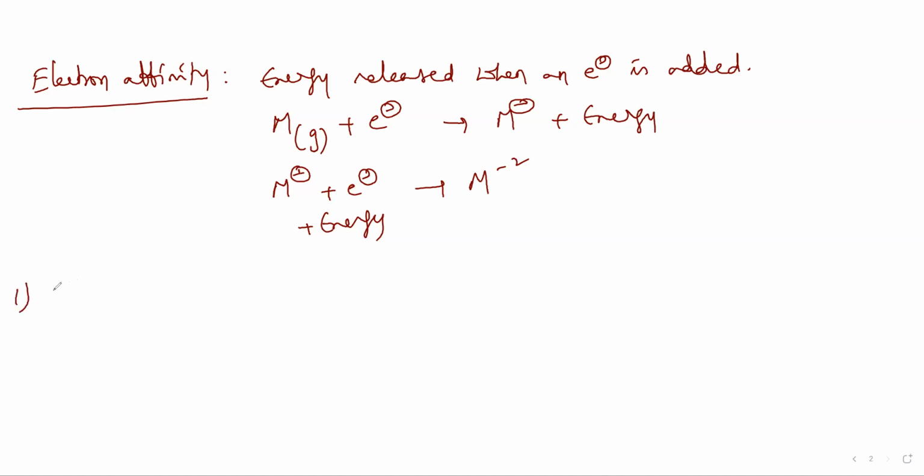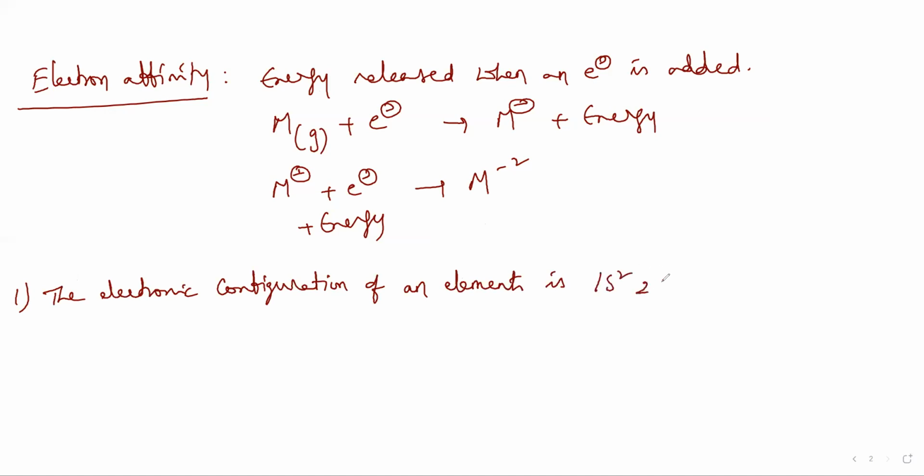The electronic configuration. The electronic configuration of an element is given: 1s2, 2s2, 2p6, 3s2, 3p3. Okay, now this is given data. Now the question: what is the atomic number of the element